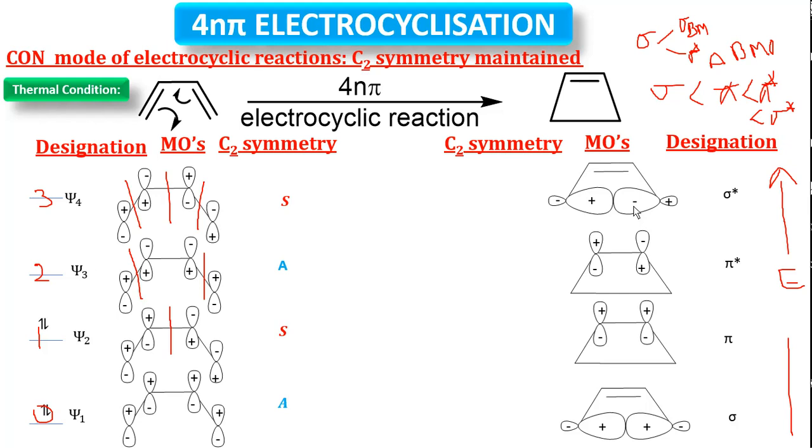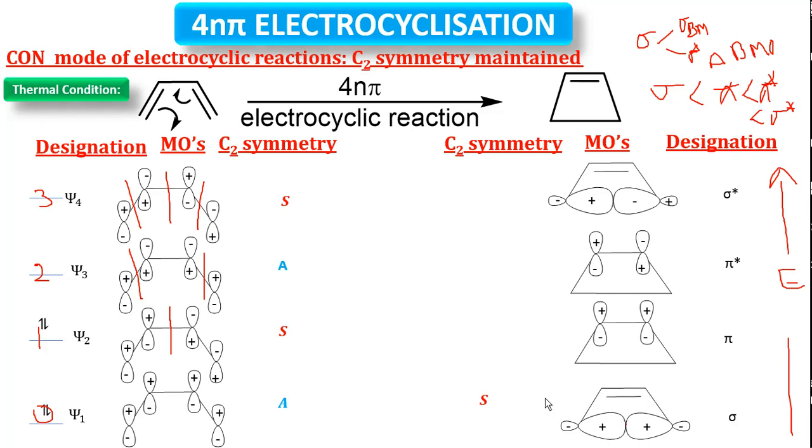So friends, these are the molecular orbitals of cyclobutene. Now let's classify their symmetries. This is symmetric with respect to C2 symmetry. At this point, the center of the molecular orbital, you rotate the molecular orbital. With respect to C2, this orbital comes to this position and that one comes to this position, so the same molecular orbital comes, that's why it is symmetric.